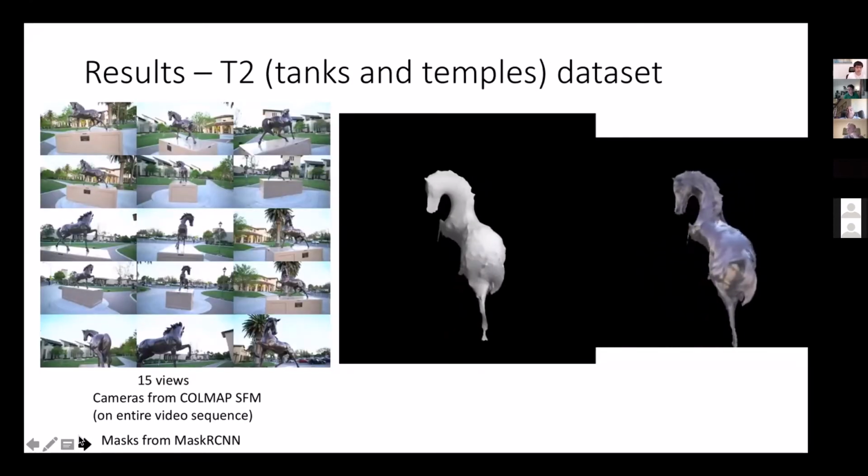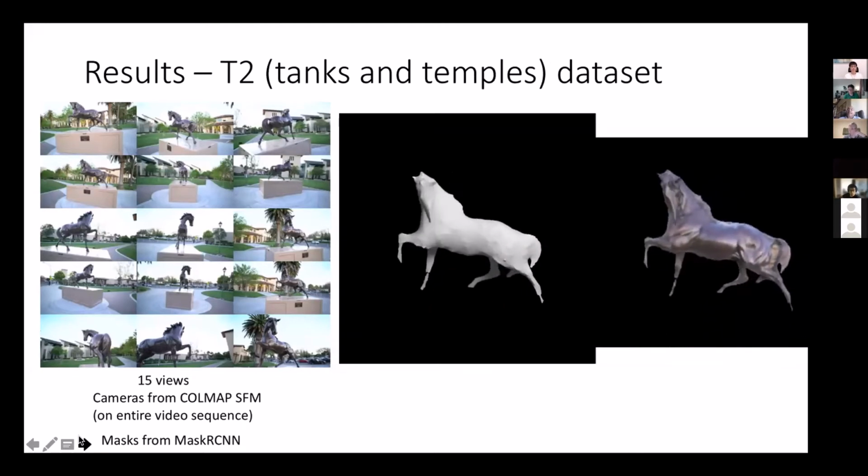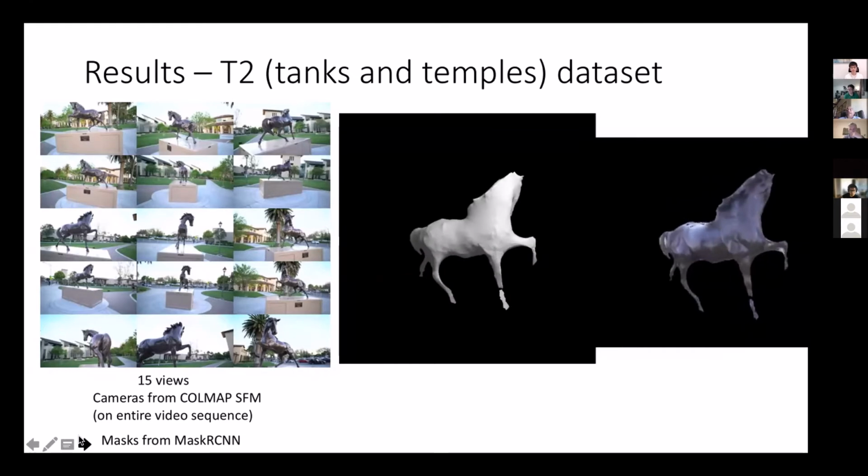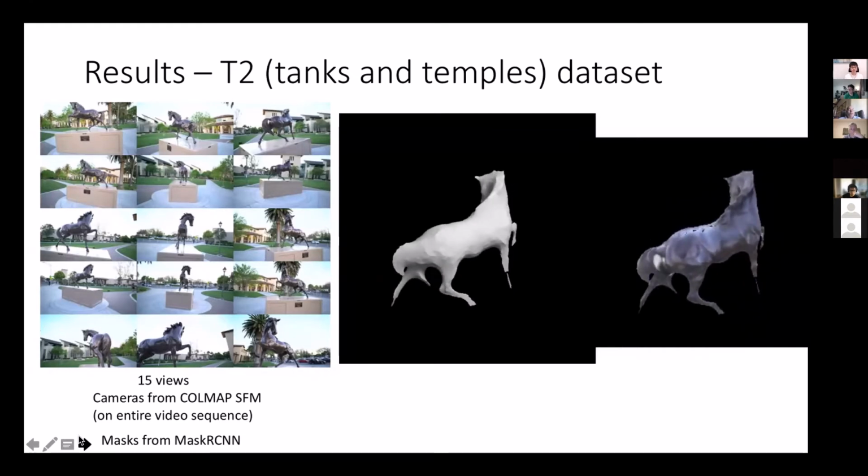Here is a pretty classic data set for people in multi-view stereopsis. It's called Tanks and Temples. Here you have 15 views of this horse, and the cameras we can get from using COLMAP as a generic SFM technique. And then this is the 3D reconstruction that we can get. I'm starting by showing you results so that, before I go into all the theory and the algorithms, you have some faith that it's worth listening to this talk because there are actually some results in there.